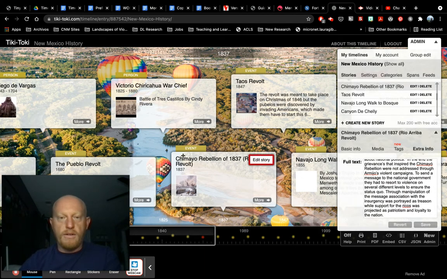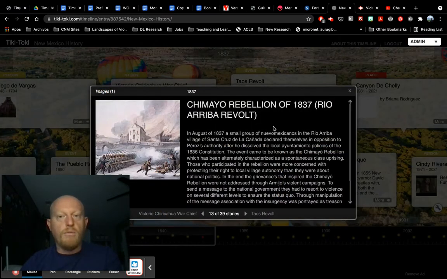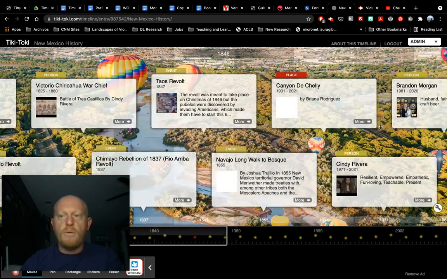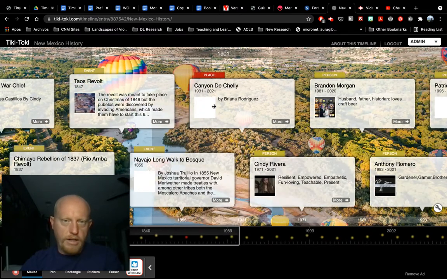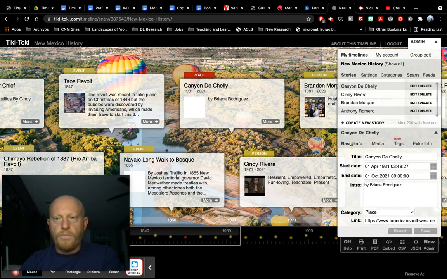So now you'll notice in the thumbnail, there's nothing there. And when you click More, the text appears in regular font rather than in italics. So that's how to address that issue. Now, if you have this white box where no image is showing up, I'll show you how to address that one. So I'm going to go to the Canyon de Chelly entry, and I'm going to go to the